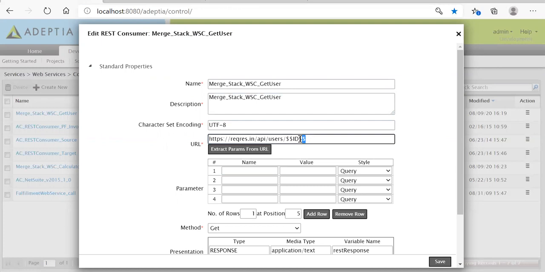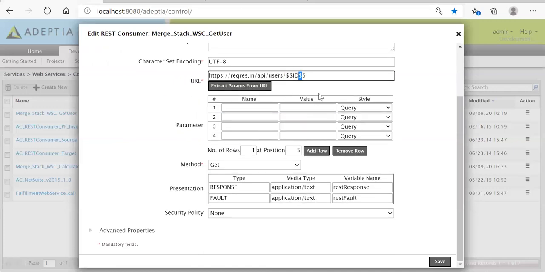Here I am passing this dynamic URL, so that once you change the request from the REST client, it will get overridden here. For a different user, you can use this URL. This is nothing but the context variable. We'll be getting multiple values for this context variable, and based on the value, this URL will get executed. We are hitting the get method, and the response will be text. So our consumer is ready.